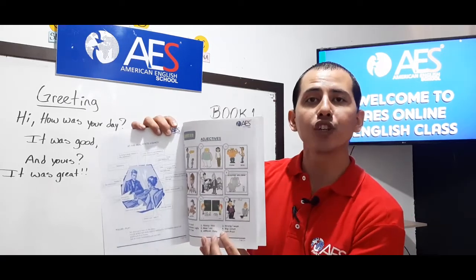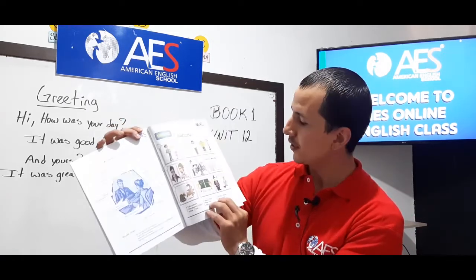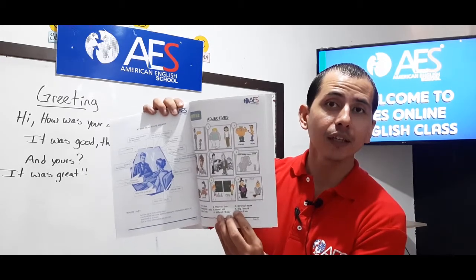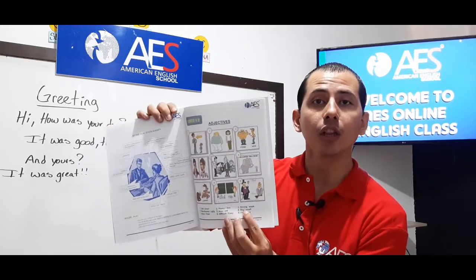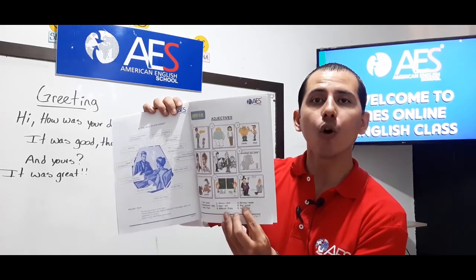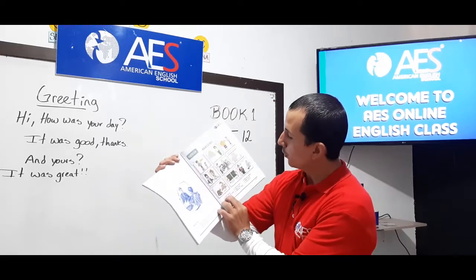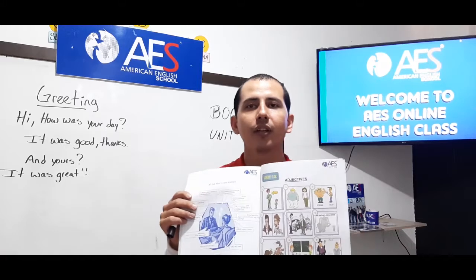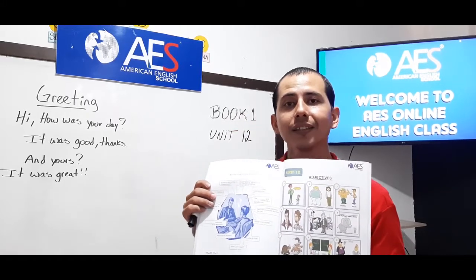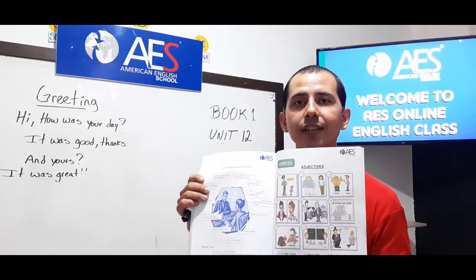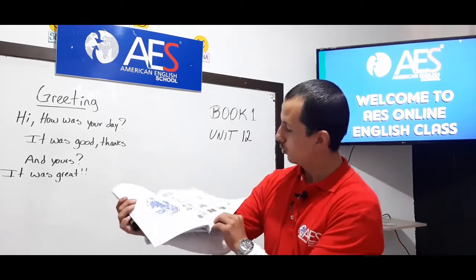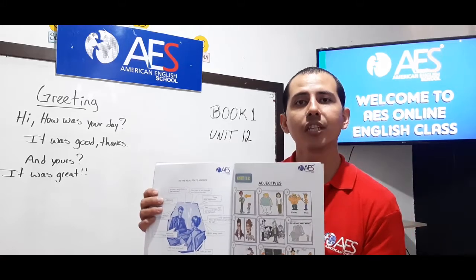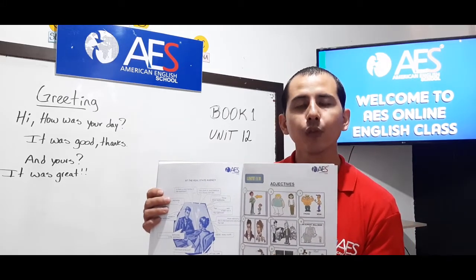Let's continue with picture 6. What do you see in picture 6? Okay. Big or small? Let's continue with picture 7. What do you see in that picture, students? Okay, fast and slow. Let's continue with picture 8. What do you see in picture 8, students? Repeat after me.